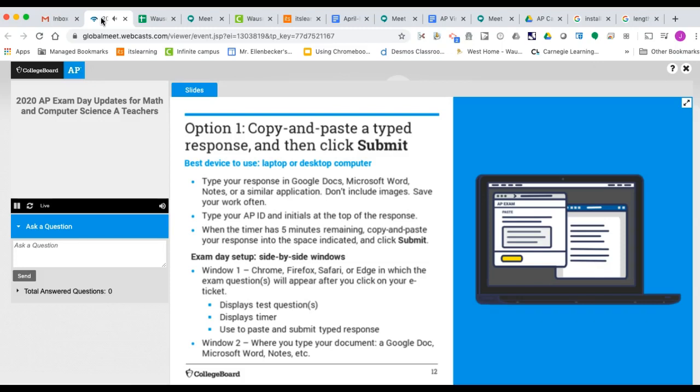So it's very, very simple. The student is just reading the test questions in the browser that opens when they click their e-ticket, and they're typing their responses somewhere else and then pasting them right in before the time runs out. So it's very simple. Option number 2,